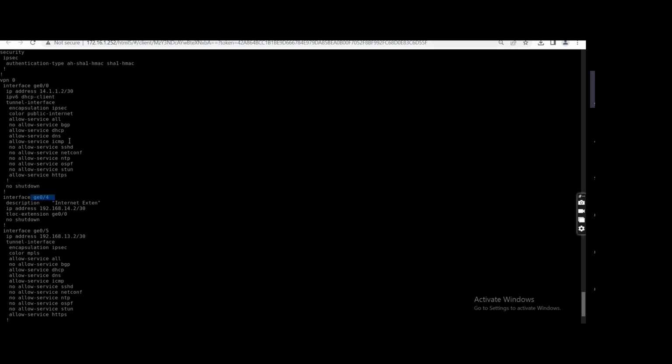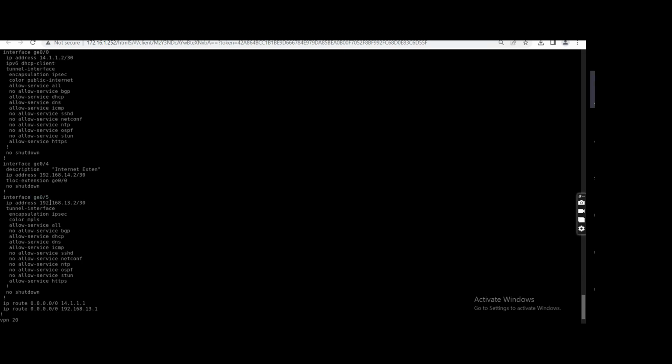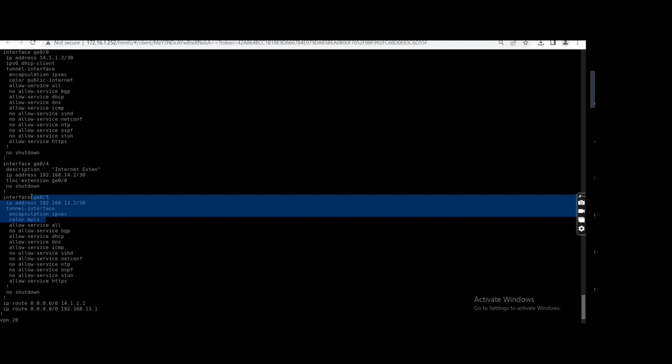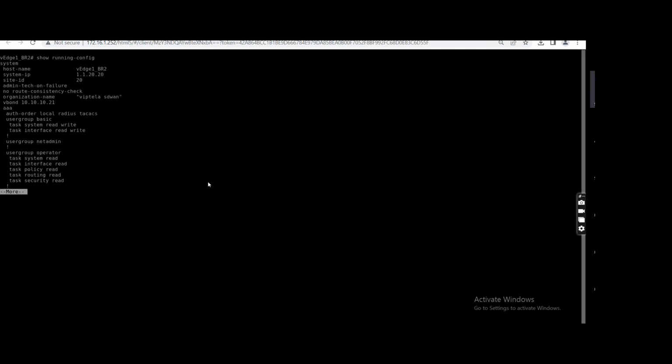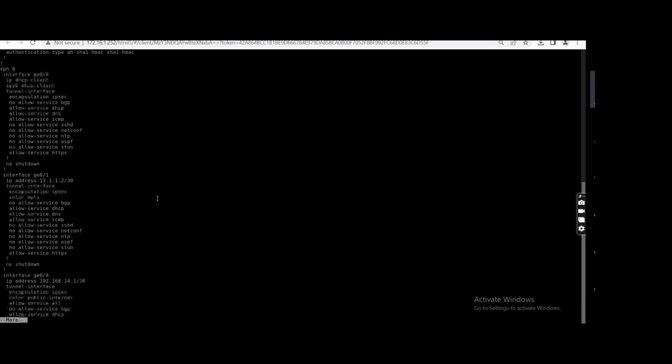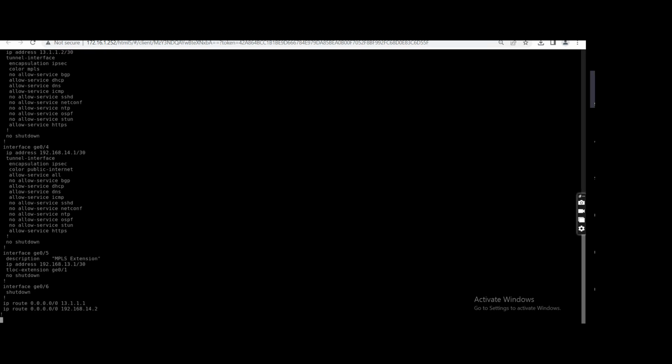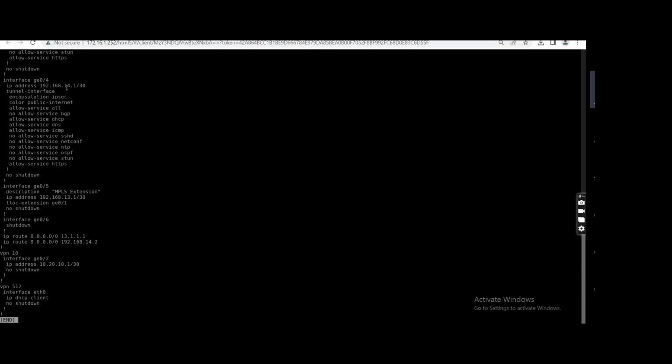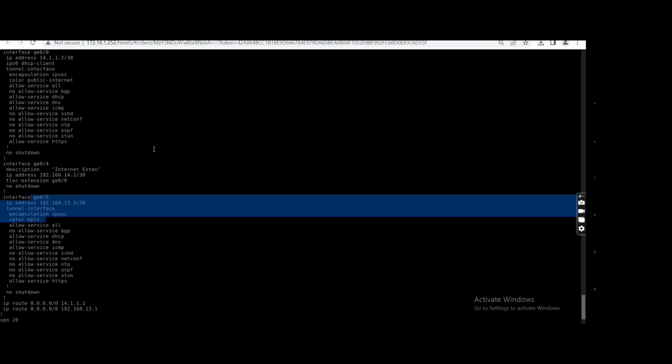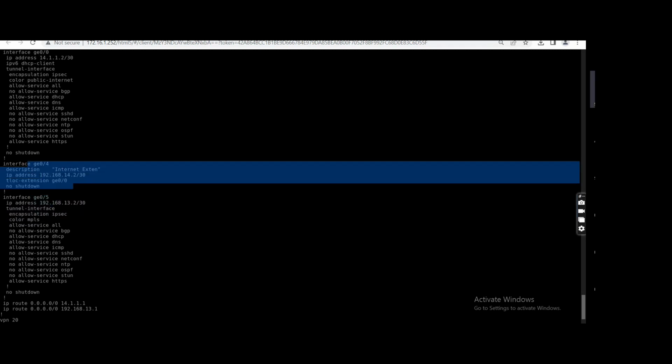G0/4, and on the other side we have configured the interface. Okay, and the same color, and the same thing we have configured here. We have configured the tunnel interface here on G0/5, and on vEdge1 show running config. We have configured this G0/4. Here you can see G0/4 on